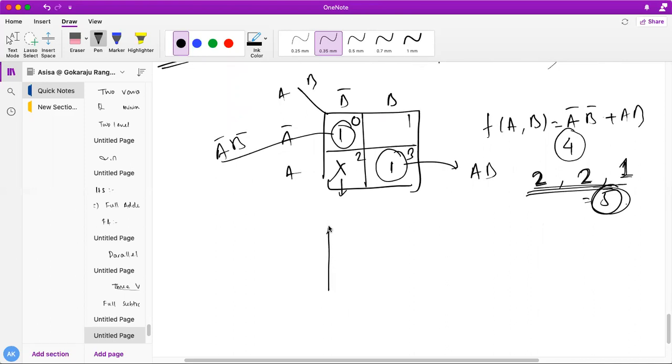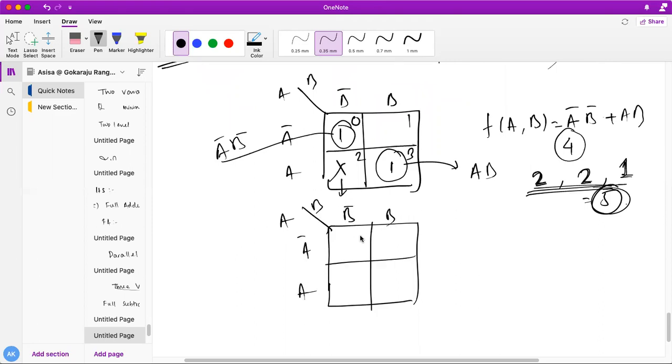If I'm going to consider the don't care now in my combination, so what have I achieved? This is my A B, and this is my B bar B, this is my A bar A. So this is 0, 1, 3, 2. So this is 1, 1. This is don't care. So if I'm going to use this don't care as a 1, this is one combination I have got as A. This is another combination I got.